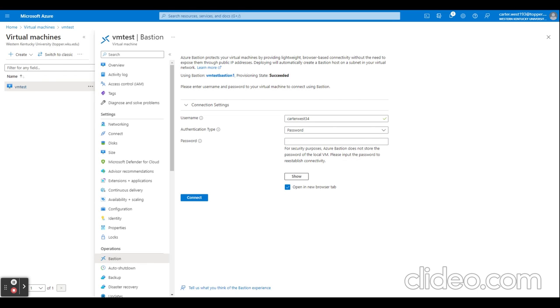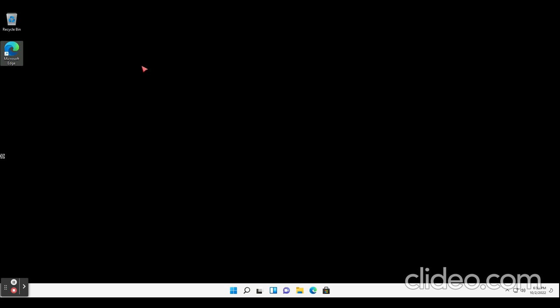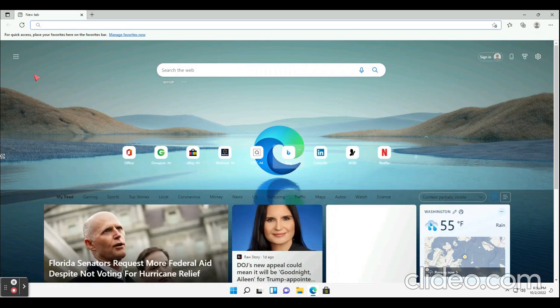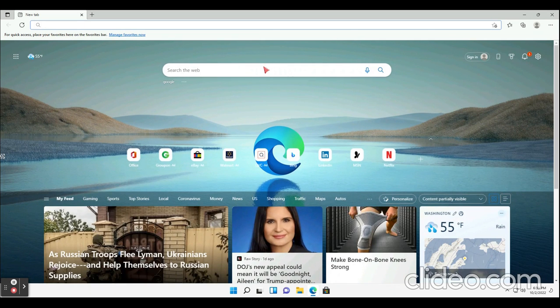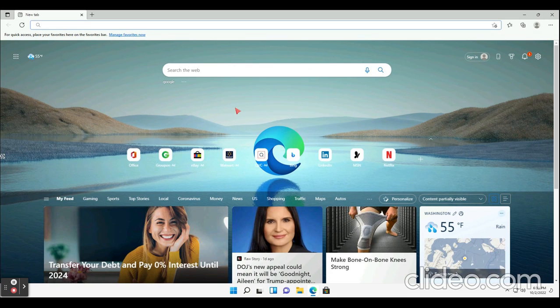Alright, now after we just hit connect on the last page, we are in our new virtual machine desktop, just in a new tab. So you can do anything here. You can open your browser, and it behaves just the same. All right, and so I hope that helps you